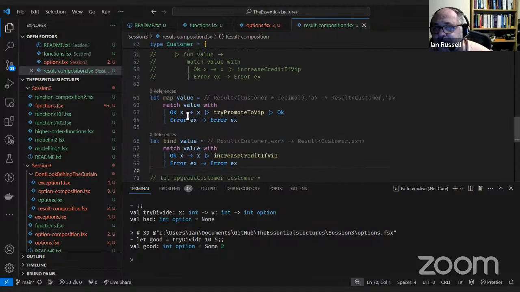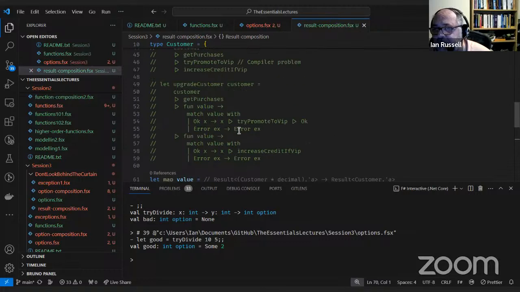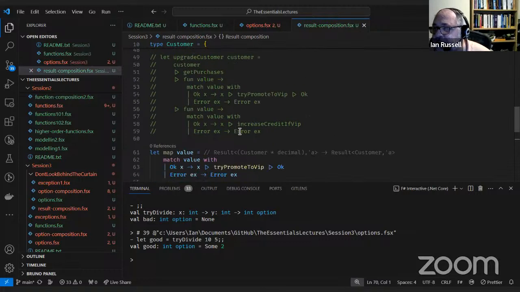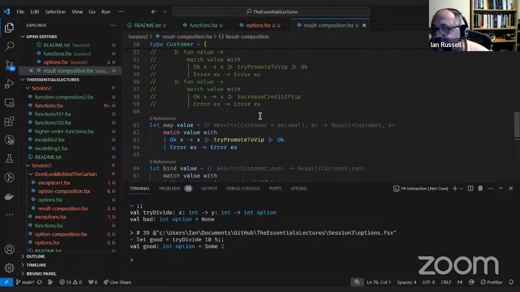Right, what I want to do is be able to use these things in a generic way. I want to be able to use them for any type of function.